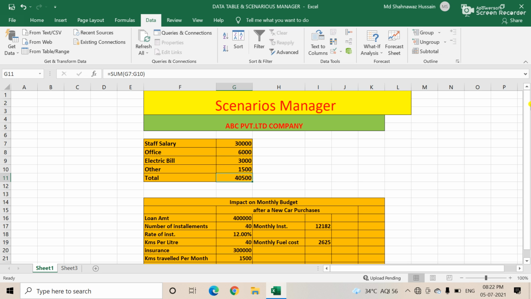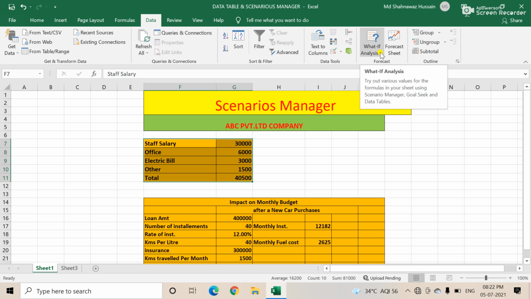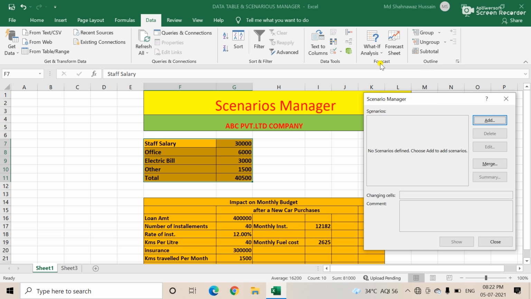Before starting the Scenario Manager option, first select your entire work area like this. Then, as usual, go to the Data option and the What-If Analysis group, then click on Scenario Manager.